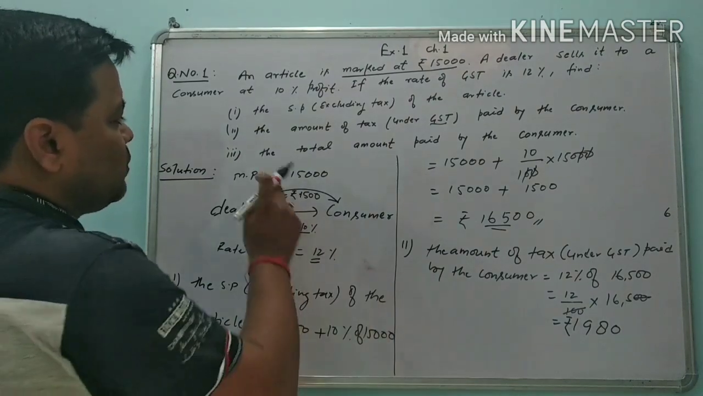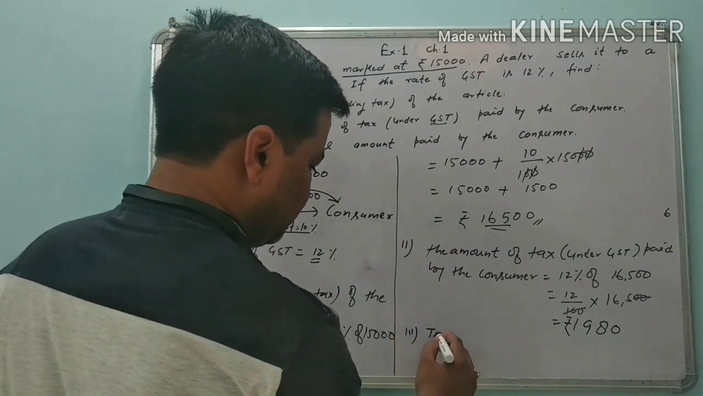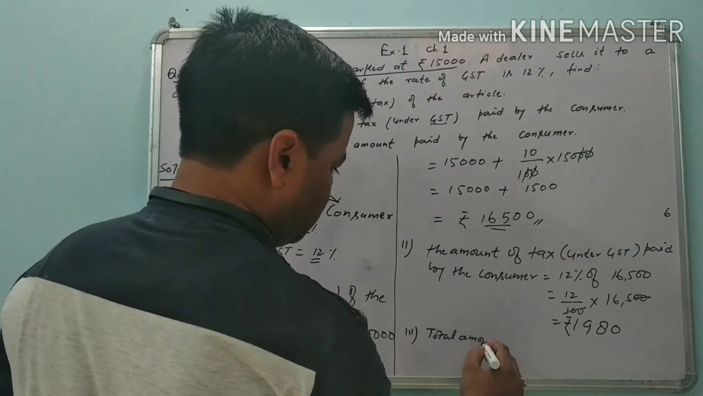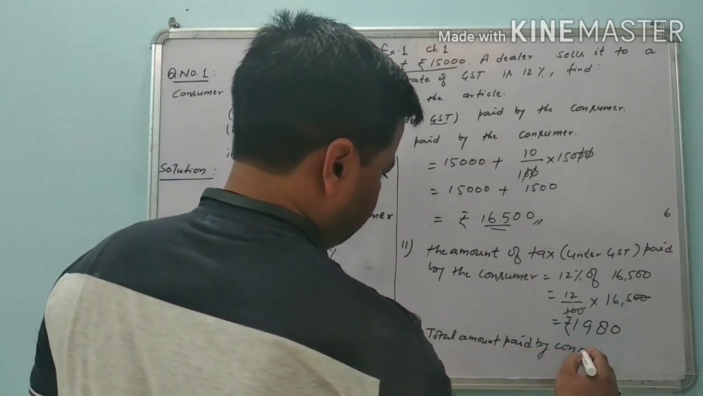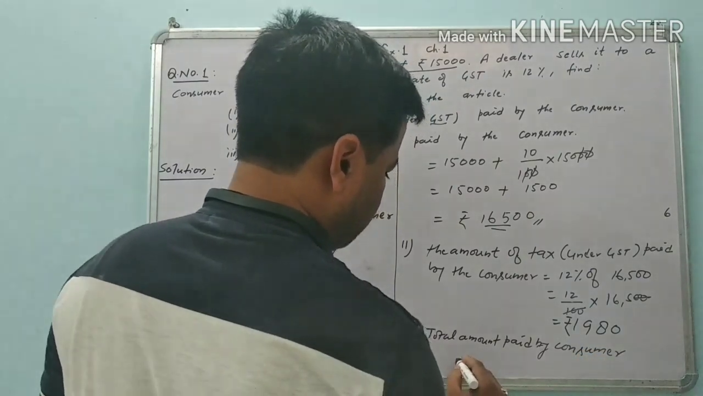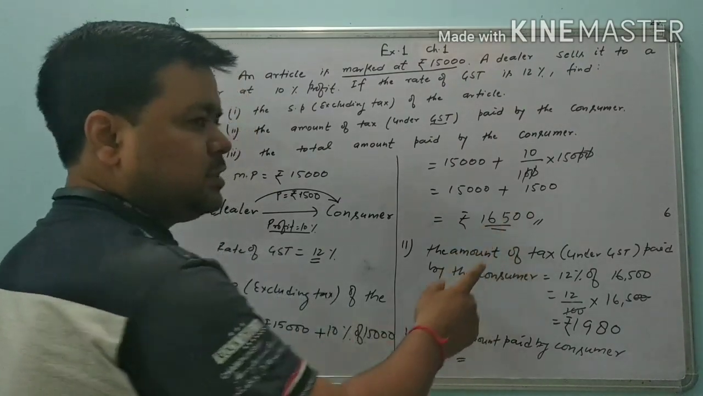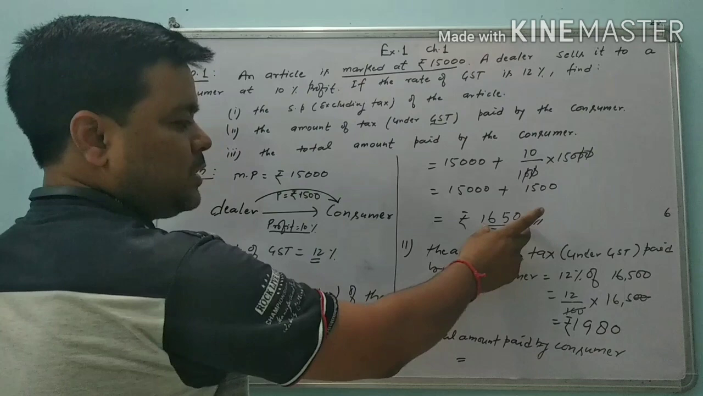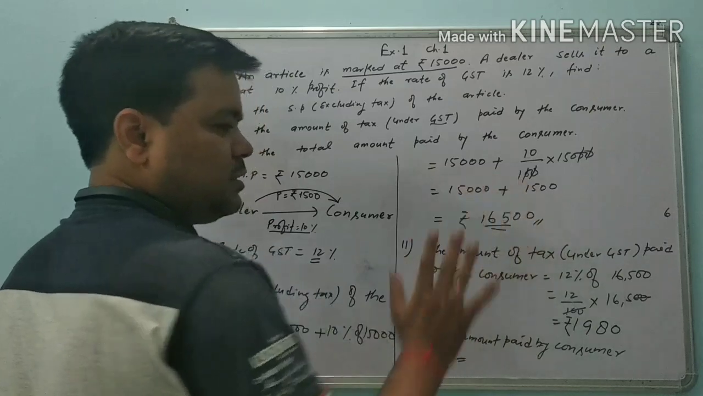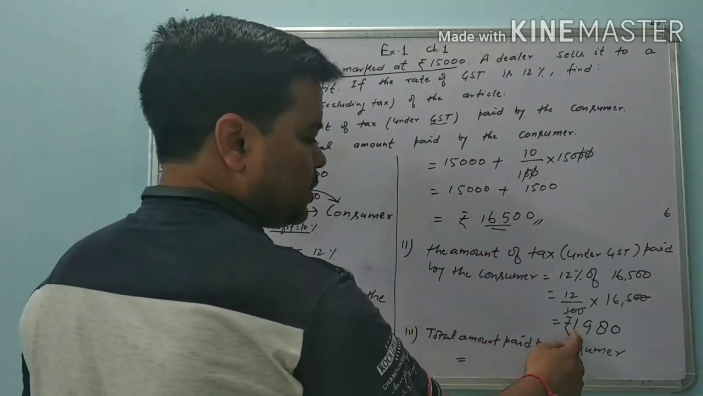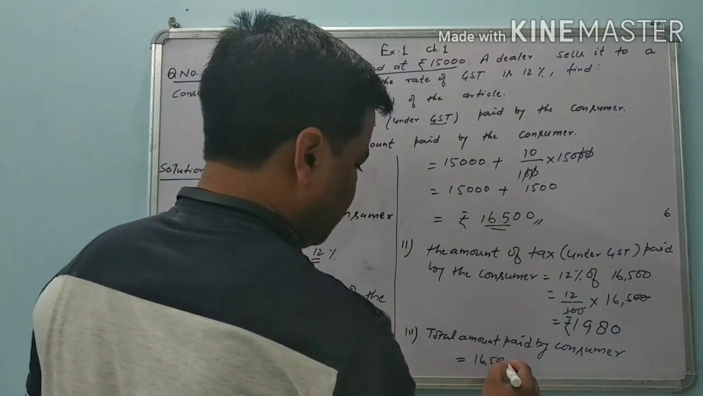Now the third one is the total amount paid by the consumer. Here the consumer has to pay 16,500, which is the value of the article, plus the GST of this article. The GST of this value is 1,980 rupees. Then we have to add 16,500 plus